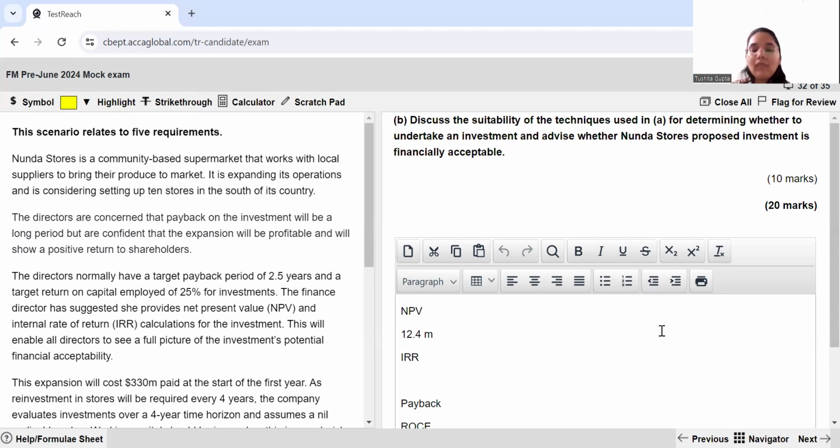But also let them know that IRR is a relative measure. It does not tell you how much the wealth of the shareholders is going to increase by. So you should rather go for those projects which give you a higher absolute value. Then you will tell that the IRR which we have calculated over here is roughly